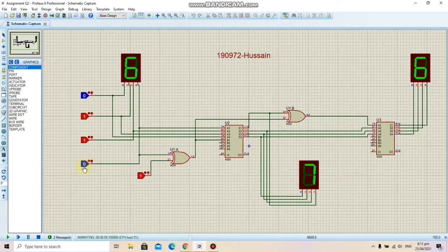If it is 0, our number is even, and if it is 1, it is odd. So to determine whether the input is even or odd, I have given the least significant bit as an input to an XOR gate, along with a permanent 1 input.